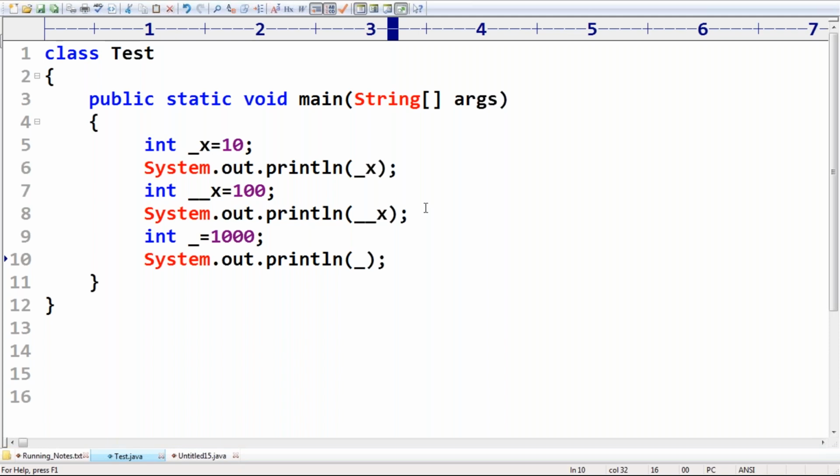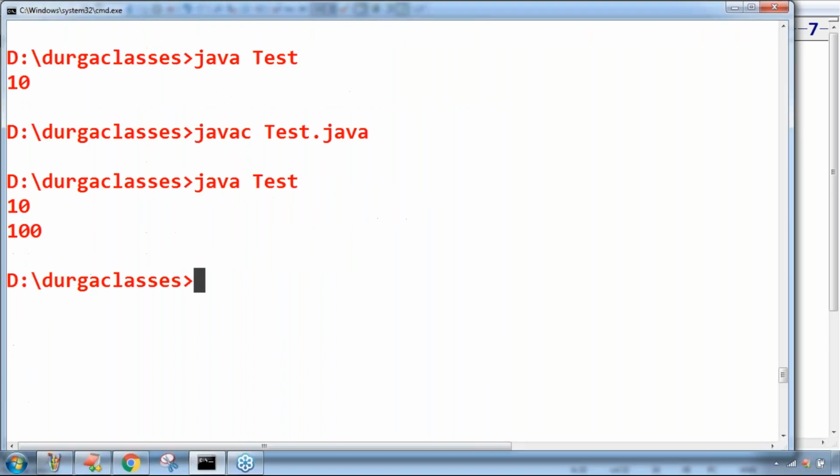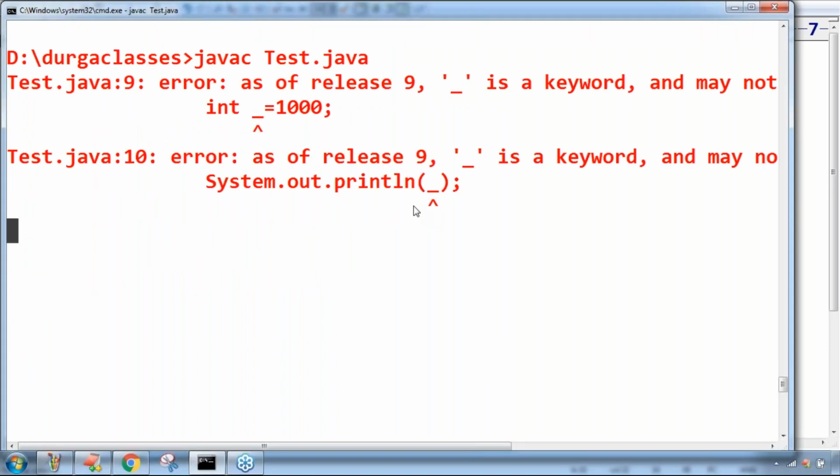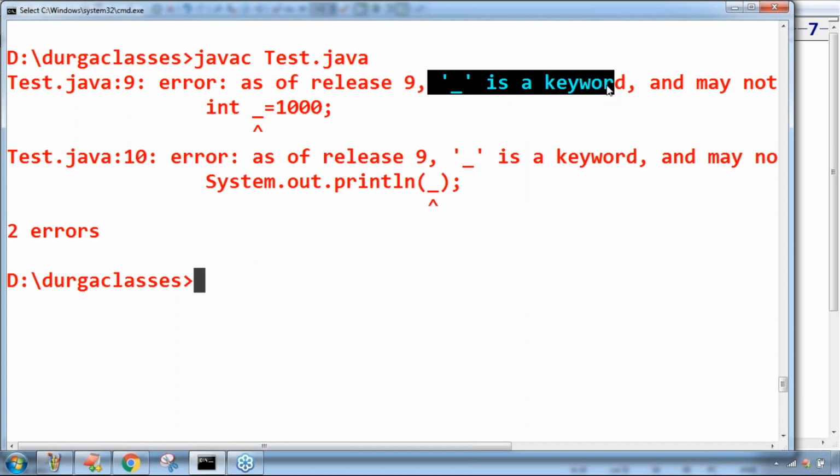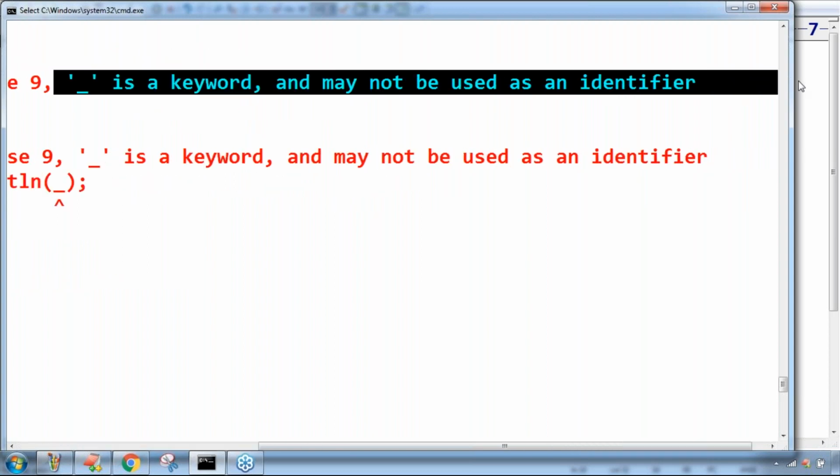Okay. Remember, there is a small enhancement we have to be aware of related to the identifiers concept. Take very special care about this one. If I try to execute this code, what will happen? Please observe, as of release Java 9, underscore is a keyword and may not be used as an identifier.